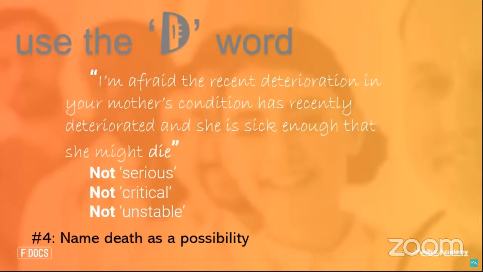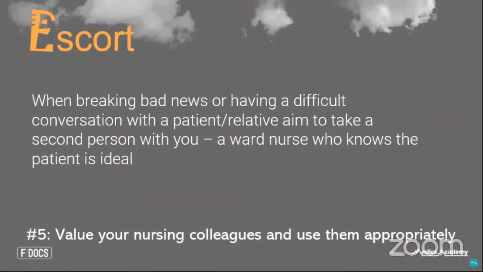E is for escort, and this is really a very simple message to say that asking for help, taking a nurse in with you when you're seeing a patient, especially a challenging patient, or especially one that you're about to break bad news to, is not a sign of weakness. It's a really good thing to do for you, but also for the patient, because we come and go as doctors on the wards. We're not there late into the evening usually, or overnight. The nurses are, and they're then in a much better position to support that patient and their relatives if they've been part of those conversations earlier in the day.